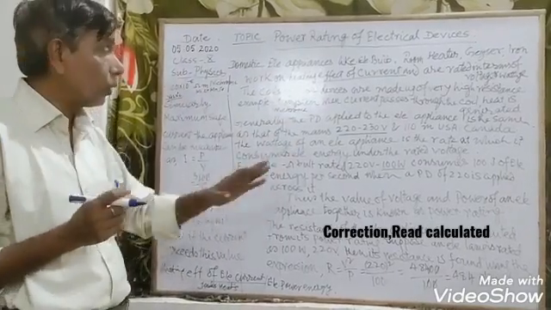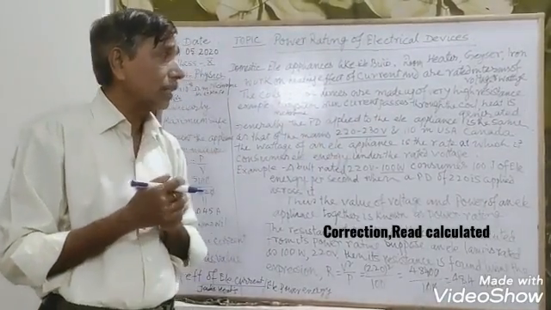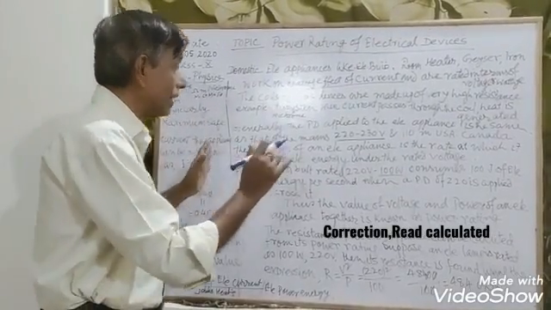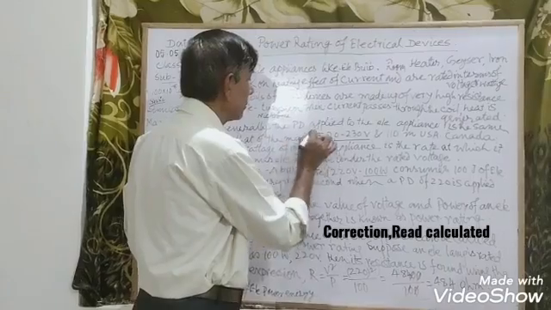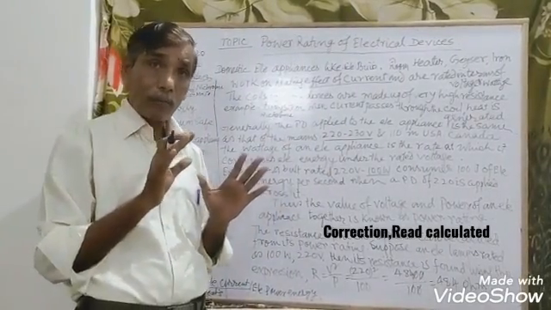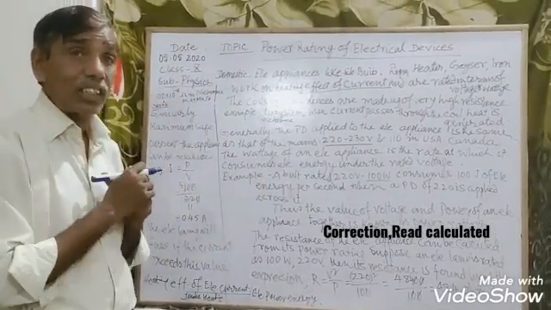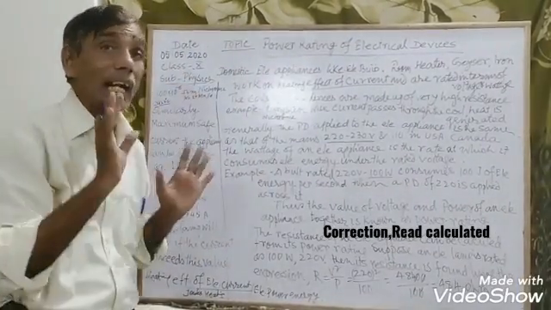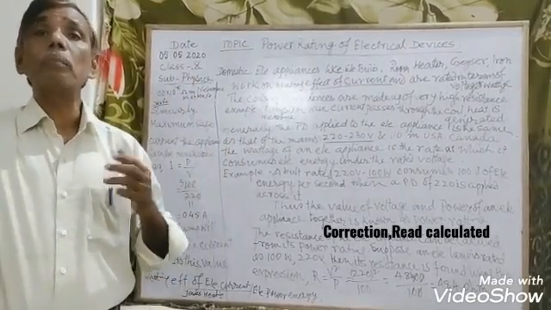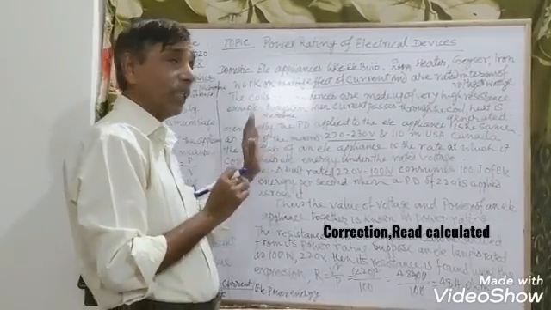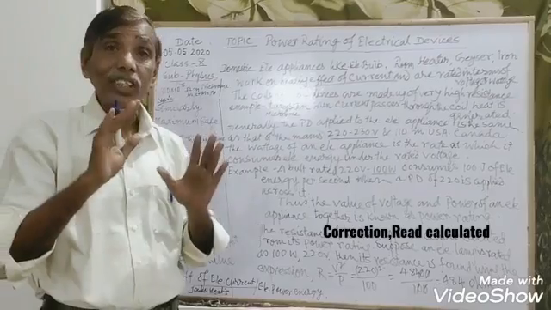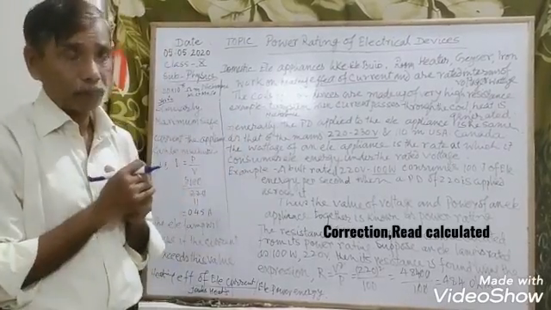Generally, the potential difference applied to the electrical appliances is the same as that of the mains. What is mains? The place where the supply of electricity to a building starts, that is the mains. Sometimes we say switch off the mains. That mains means the place where the supply of electricity to the building starts.